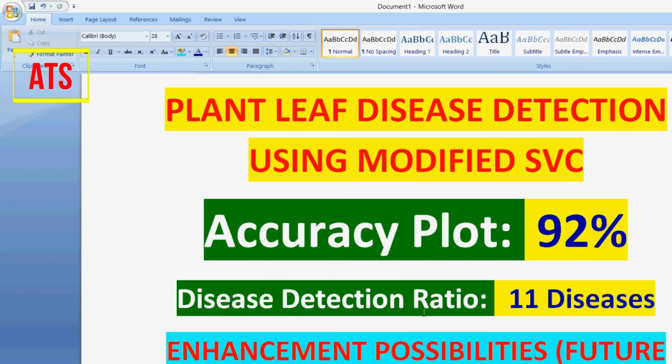For enhancement we need certain time for implementation. Some minimum amount of time is required for implementation because we already tested. If you require above 92% accuracy, we can go with random forest, which will provide above 95% accuracy. So this is the entire thing.